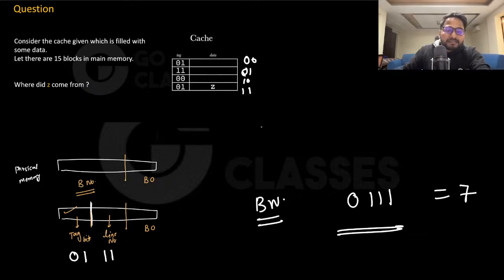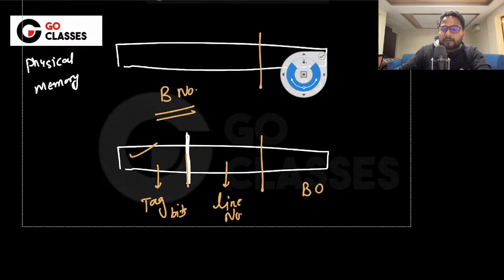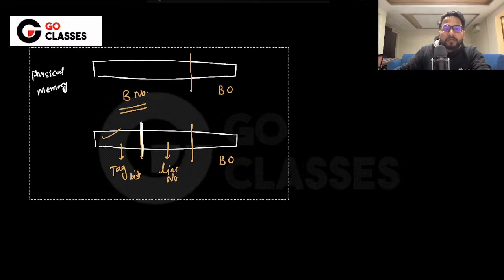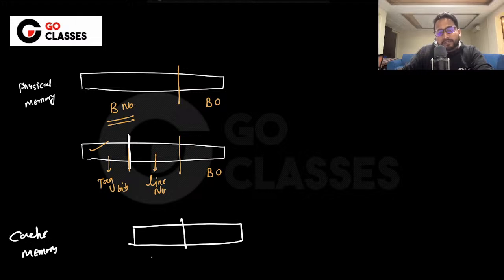Okay. And cache, see. This is your physical memory. That's how you divide your physical memory, right? Now, similarly, you divide your cache memory into two parts. What are those two parts? Cache memory is divided into line number and line offset, or the block offset. You can say line number and block offset. You divide the cache memory because you have the line size. You can divide it into two parts, block offset or the line offset, which means if the cache memory is, let's suppose,